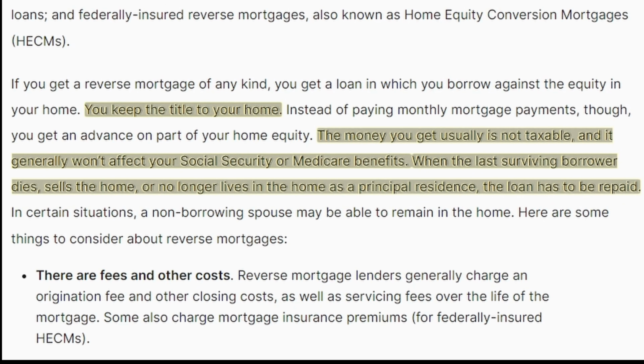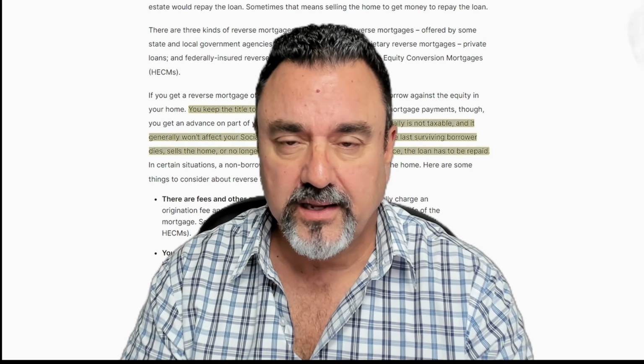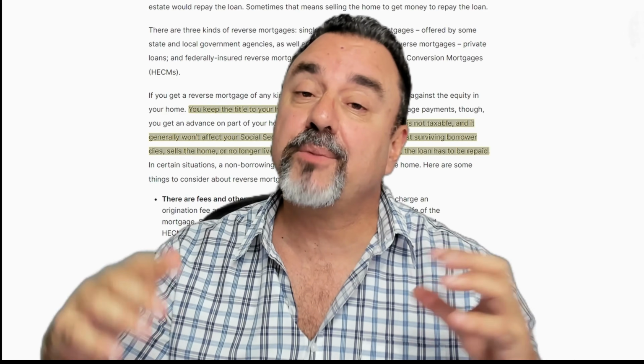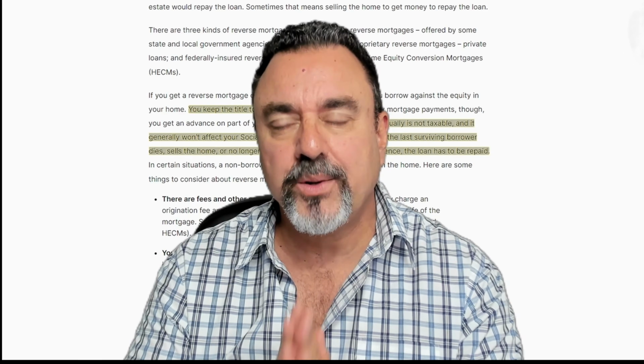Okay, so let's break all this down, how this is working so far. So what is a reverse mortgage? Well, you're 62 years or older. And then when we go down a little further, I'm going to show you the biggest pieces of this puzzle and how much money you're going to end up getting. But in most cases, people are applying for reverse mortgages because they're deficient of money or cash flow. We'll put it that way.